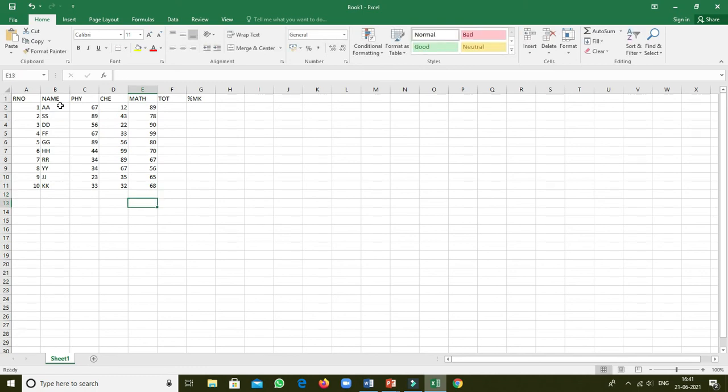Okay. Now do the calculation of total mark. Here I am typing text type of entry and numeric type of entry. Now go for the formula.